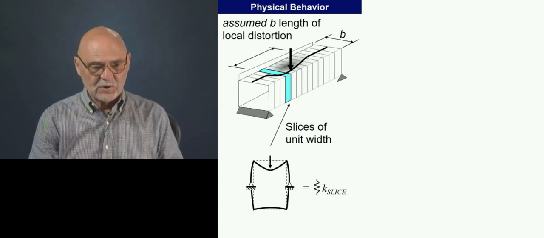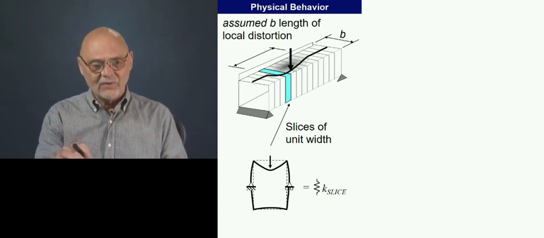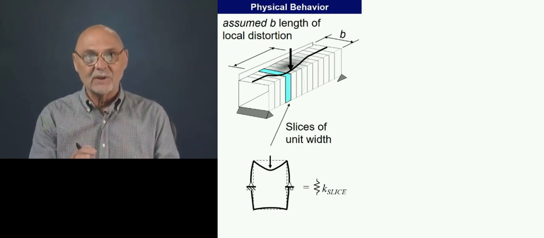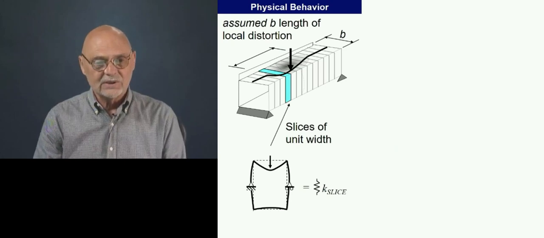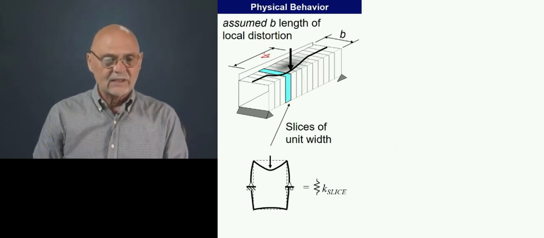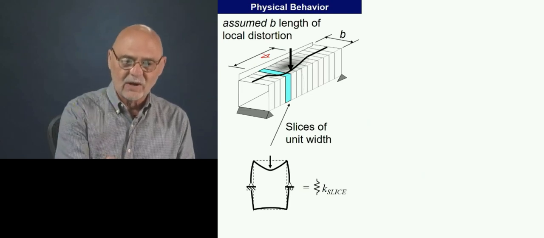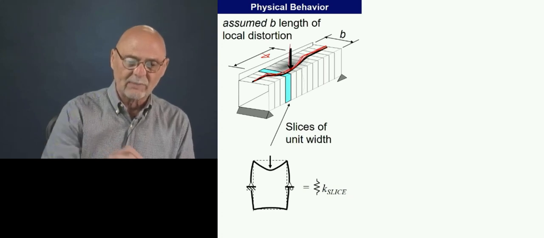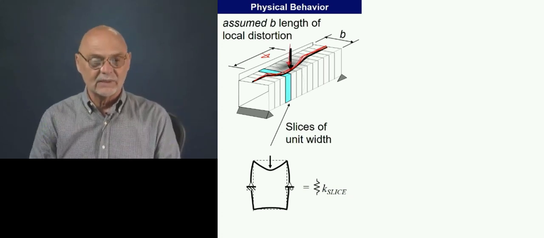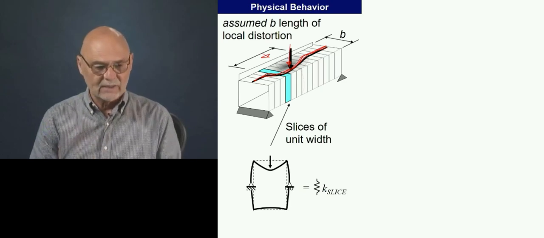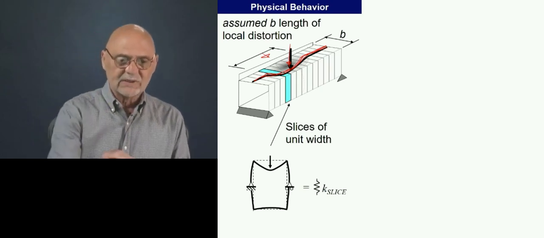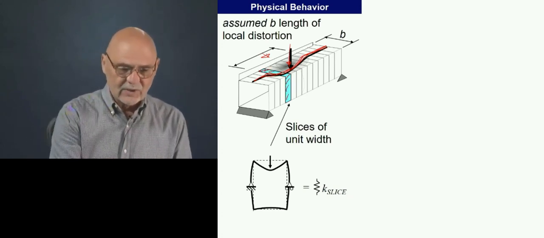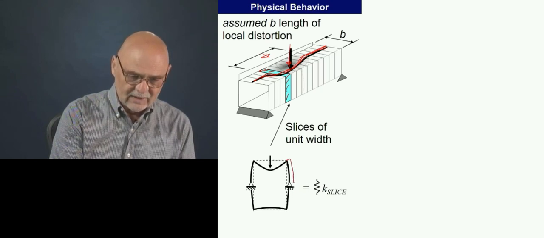So how do we visualize this? Again, this is going to be one of those derivations where you just want to follow the thought process rather than getting involved too much in the mathematics. What we're going to do is take an assumed deformation. We saw just by looking at it that it's kind of a half sine wave. We have a point of load application, and the whole section distorts a little bit around that point, and that's what we're trying to model. We're going to assume that we can take our beam and slice it like a loaf of bread. So here is a slice, and it's got a unit